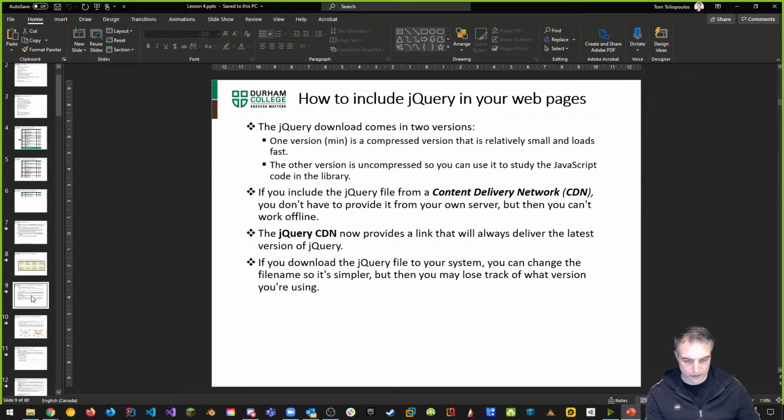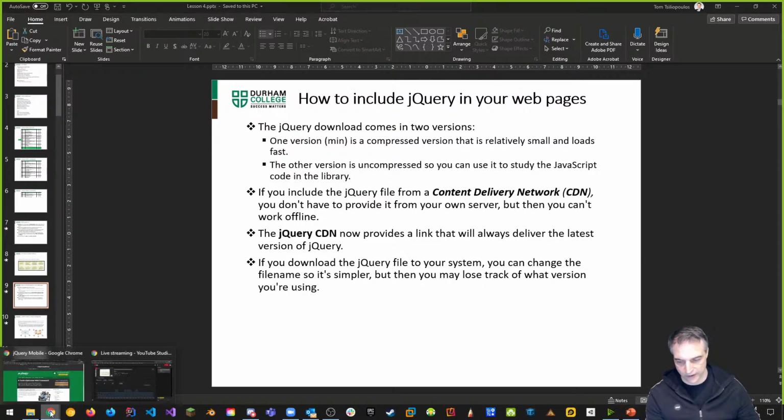So how do you do it? Well, there's a couple of ways to get it now. In the past, we could download jQuery like we've shown you before. You could use yarn, which is what we've done. And if we look at our structure that we've had in the past, let's pull that up,